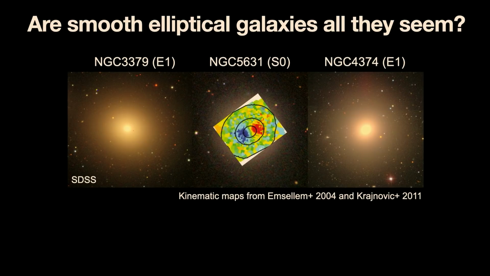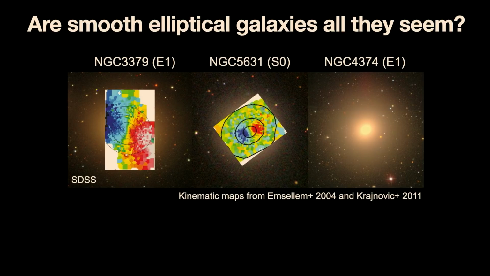And it's not just this example. It's also in this example here on the right. Unfortunately, the field of view of the particular type of spectrograph didn't cover the entire galaxy. But you can see where it's blue on the left, where it's red on the right, you've got significant rotation in the gas and the stars. So despite the seemingly smooth appearance of the elliptical galaxies, they are rotating, if only you measure them in such a way that you can see the rotation is there.